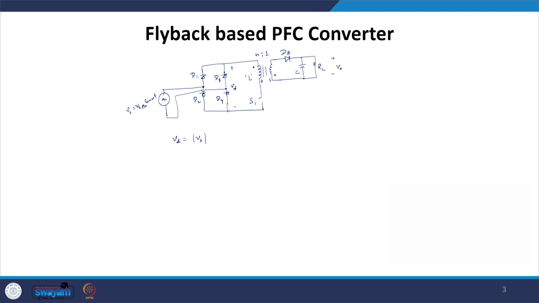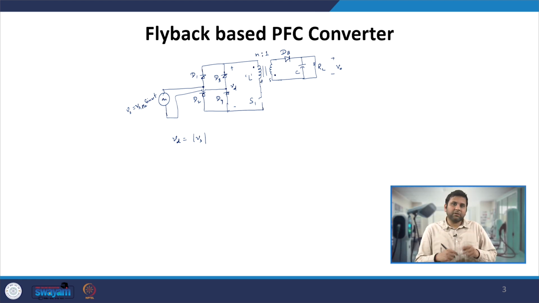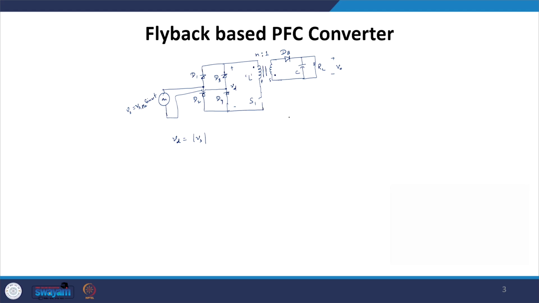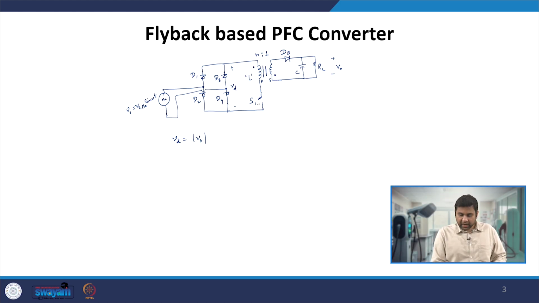If you look very carefully at this particular circuit, these two inductors are wound on the same core, which is why they are coupled together. And again the same thing will happen. My duty ratio is the ratio of the time duration in the switching period during which S1 is on, and in the 1 minus D times Ts period, my DB will be on and S1 will be off.